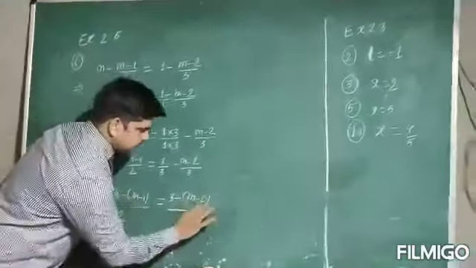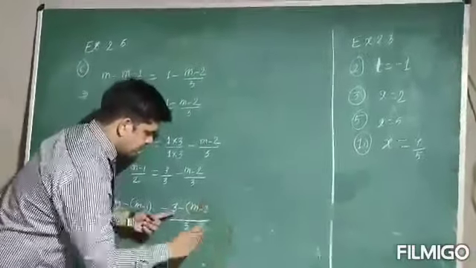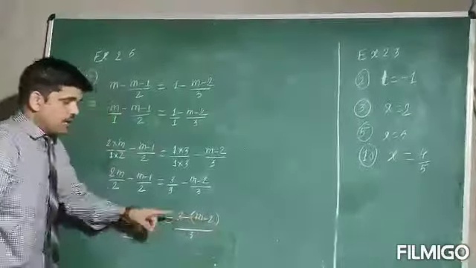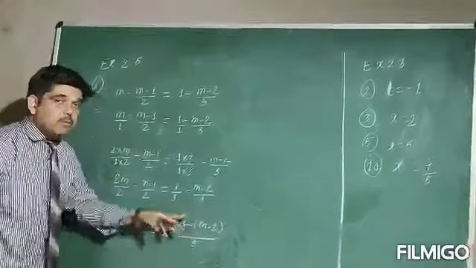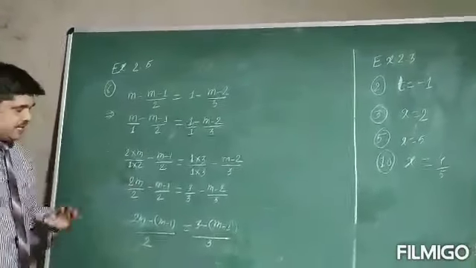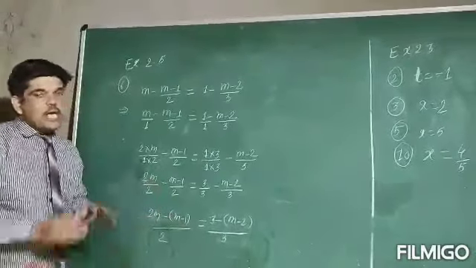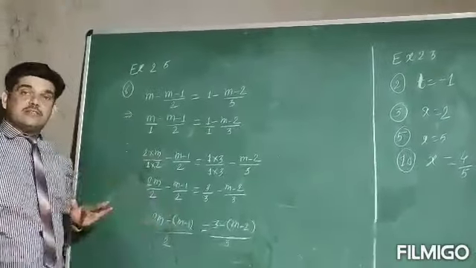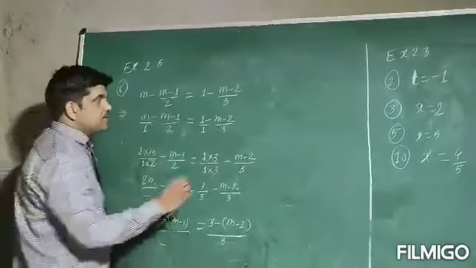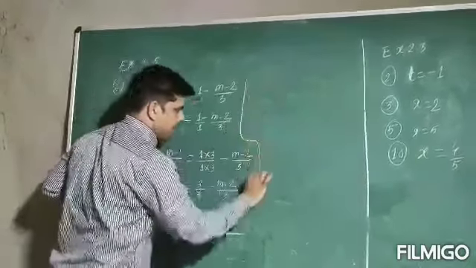So therefore this minus is for the whole term. Minus will multiply to both. There is a chance of mistake. If you take only the minus for this number and then solve, the entire thing after this will be wrong. So take care of this thing, minus and put the bracket.